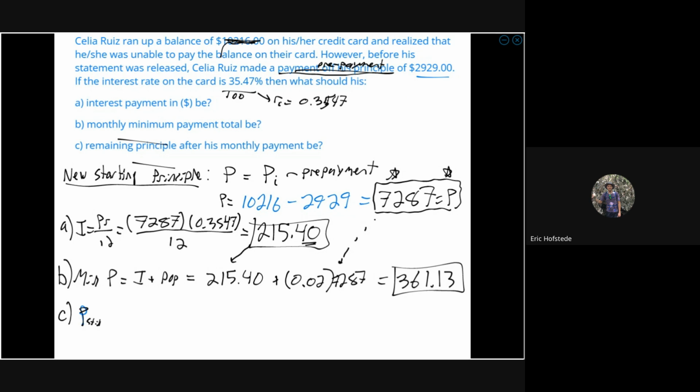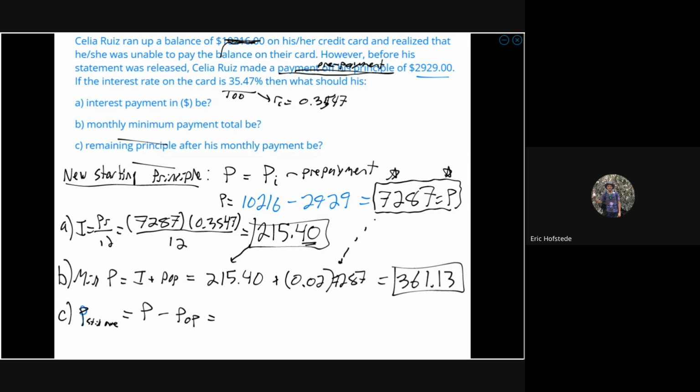He's still owed. The remaining balance is my original balance, well, after I made a prepayment, minus my mandatory payment off principal from my minimum payment here. So this part is being subtracted from this part. So that's going to give me,